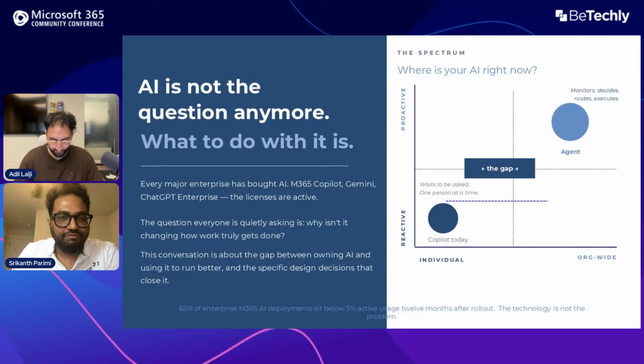So basically, for the entire session, we're going to deep dive into multiple aspects of things. The first is the framework: what is the basic difference between a Copilot and an agent, what we are talking about, what is the major architecture, or what are the layers in between these architectures that can be used for production grade, even if you want to use it for Microsoft Graph integrations, or